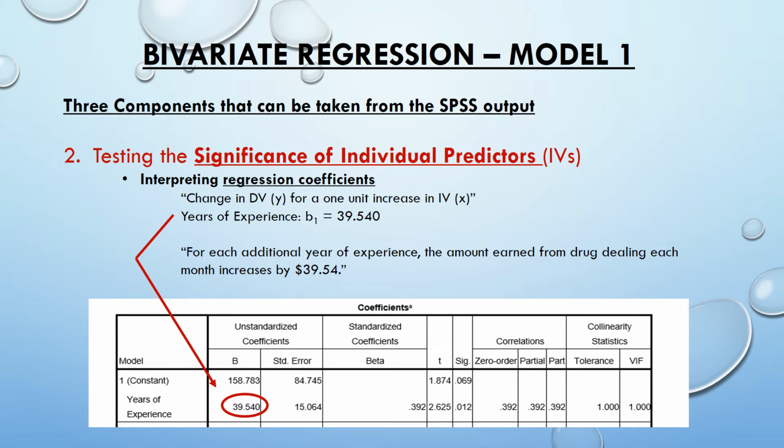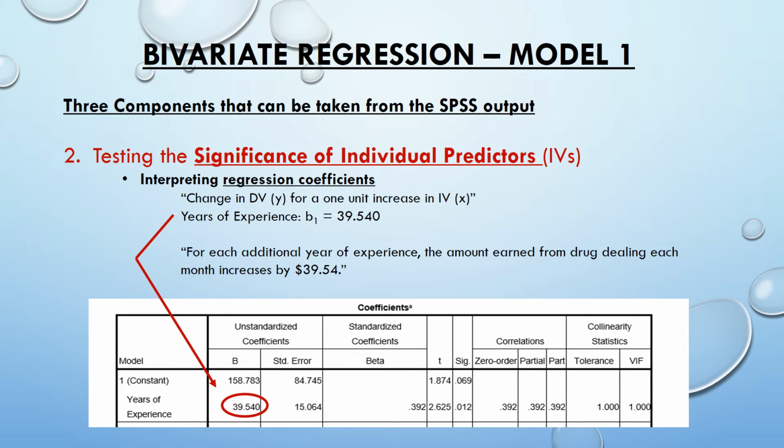All right, so when looking at this, one of the things that's going to go into that is what is the influence of that one independent variable. So we talked about it being significant on the prior slide where we looked at the t value and looked at the p value for that particular t value. But there's another important piece that is given to us in that coefficients box, and that is the actual unstandardized